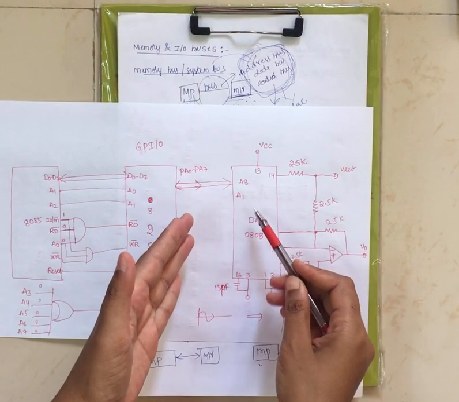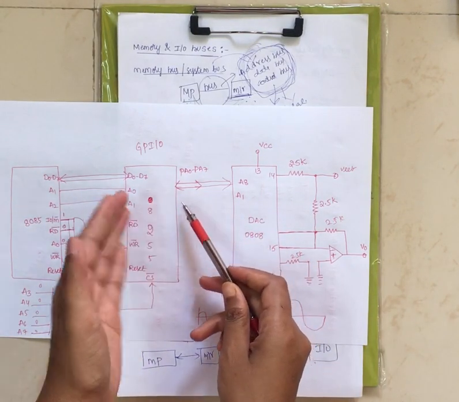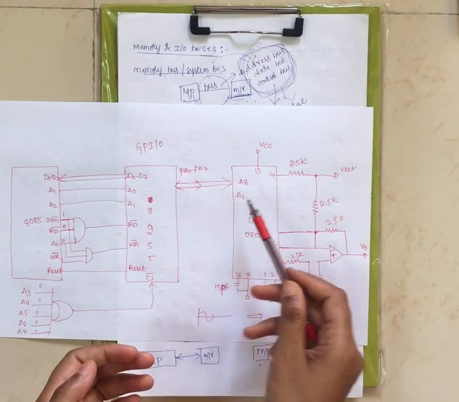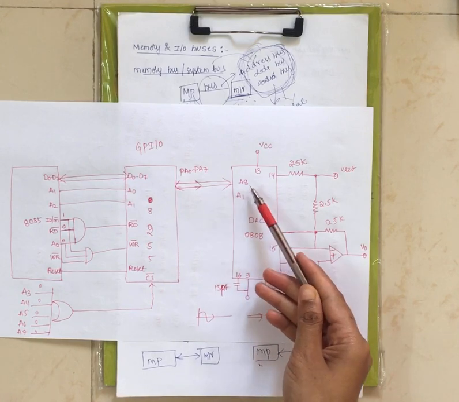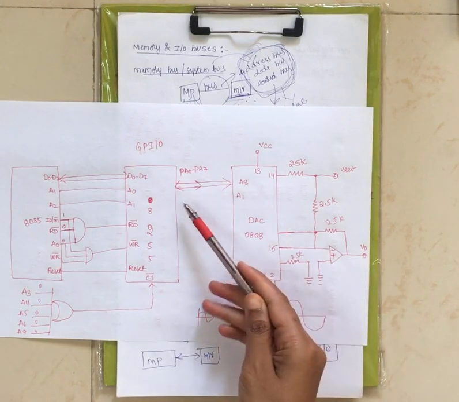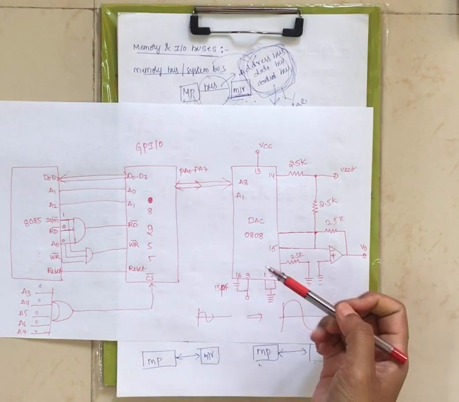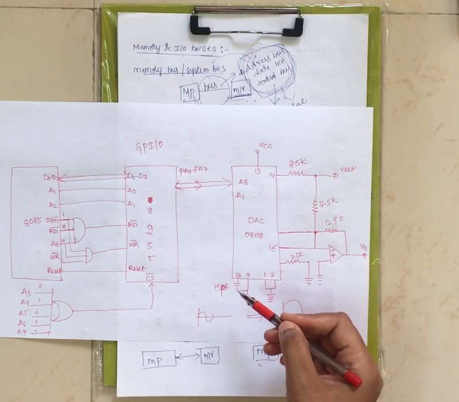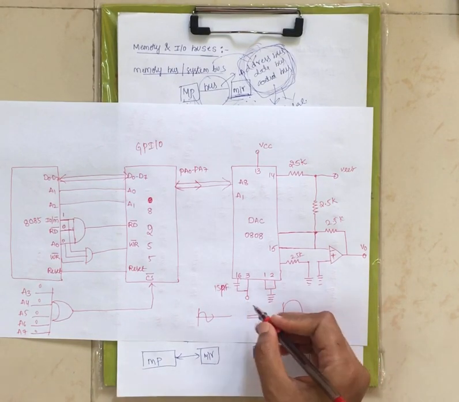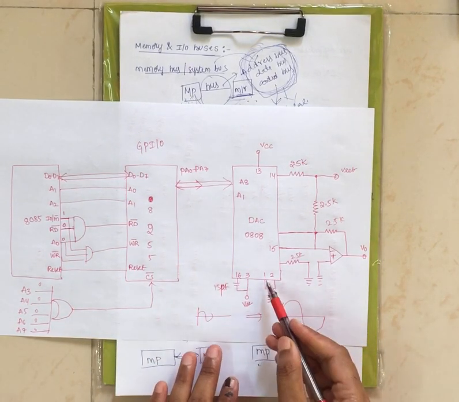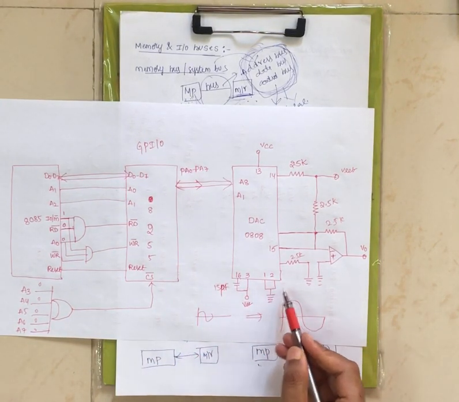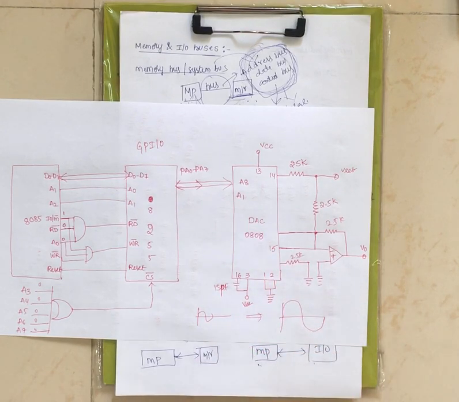Now input to the DAC you are providing through port A of 8255, right? A1 to A8 are the input pins of DAC. We are providing input through these pins through port A of 8255. The 16th pin is used for capacitor compensation. The third pin is your VEE, nothing but negative supply. Pins 1 and 2, no connection and ground, those two are grounded. The 14th and 15th pins are your reference voltage, one is negative and another one is positive, right?